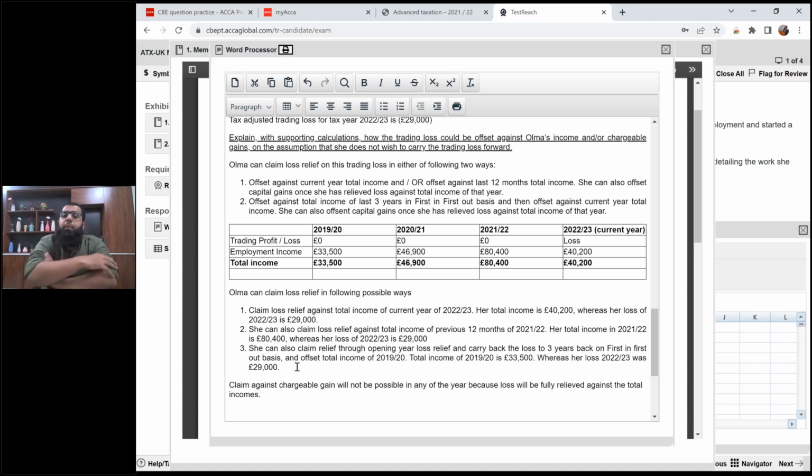Now, once students asked me, sir, if I have calculated this employment income wrongly, how many marks will I lose? Maximum 2 marks, not more than that. But if you make a proper format, then the examiner will deduct only 2 marks. If you skip things, then you will miss out. Okay. Always remember,